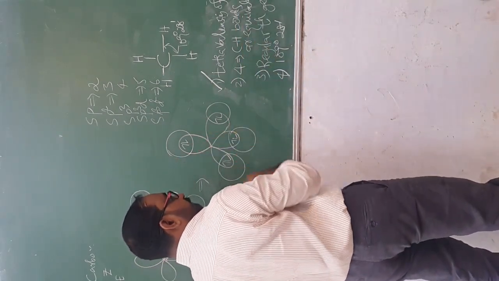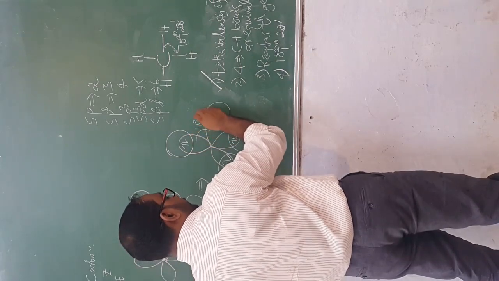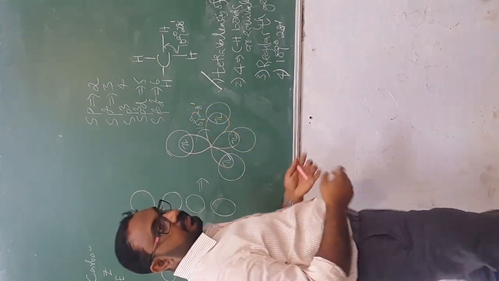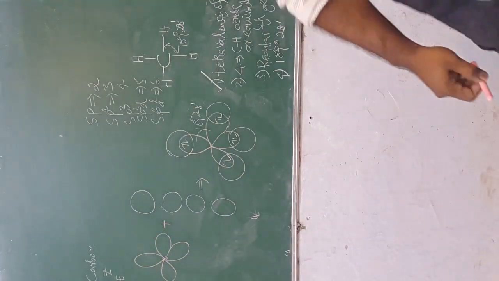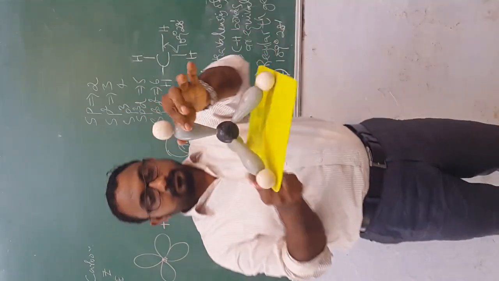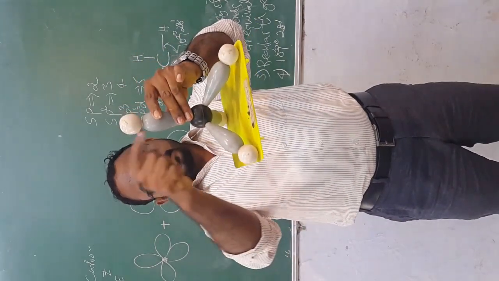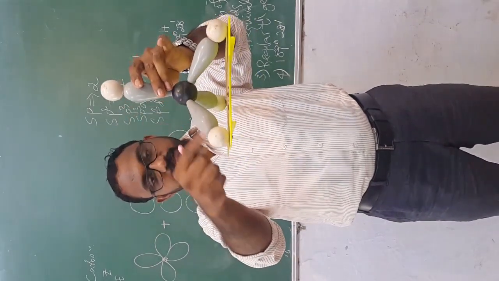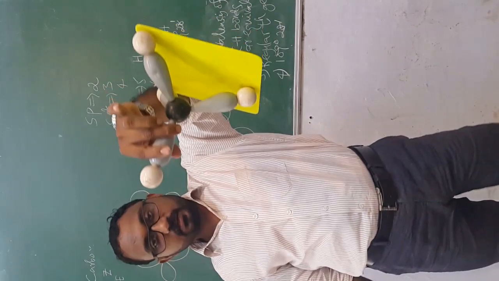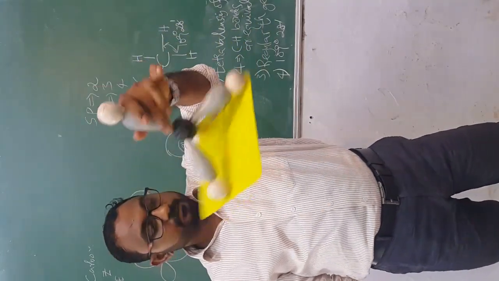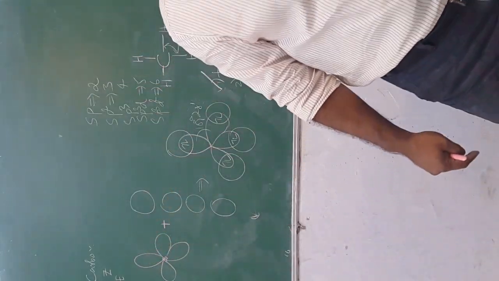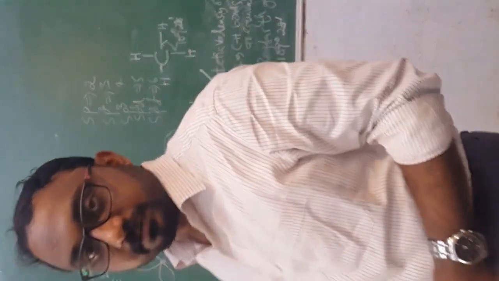The geometry is tetrahedron, angle is 109 degree 28 minutes. You could understand from this how it will be. See, tetrahedron, bond angle. This is a sigma bond, C-H sigma bond, C-H sigma bond. This is how it will be. Tetrahedron. Hope you understood. This is what we call sp3 hybridization. We'll discuss